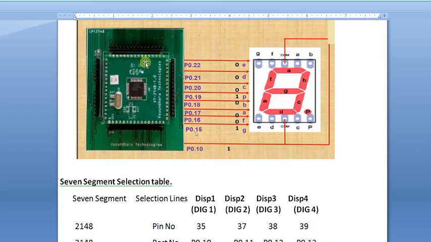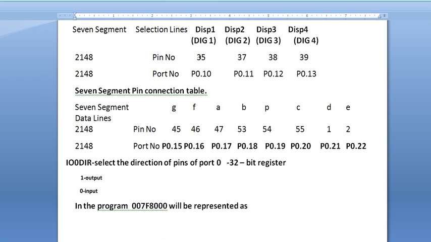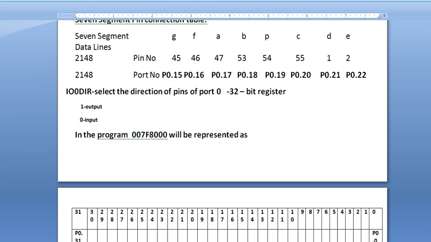If it is 0 or 1, which are the pin numbers that we need to use from the LPC side? This is 15 to 22 of port 0, and these are the A to G and DP that we need to connect, so that it will communicate whether 0 or 1 or 2 or 3, and like that it will be displayed. So who will be communicating here? The LPC2148. We have to write the program and send it to that LPC2148. That is the actual motto of this program.